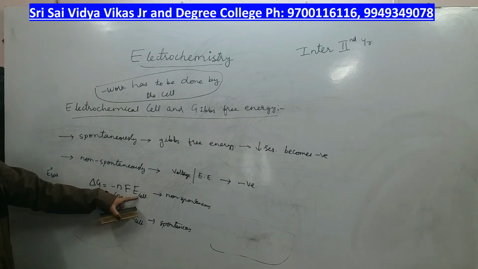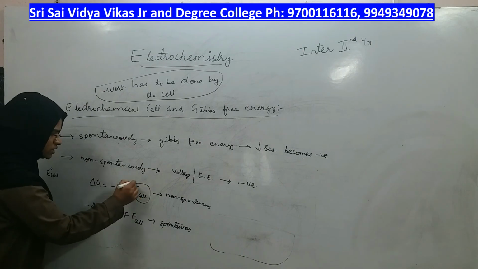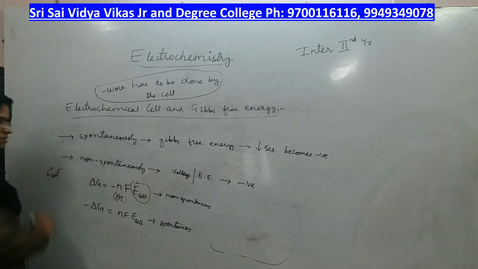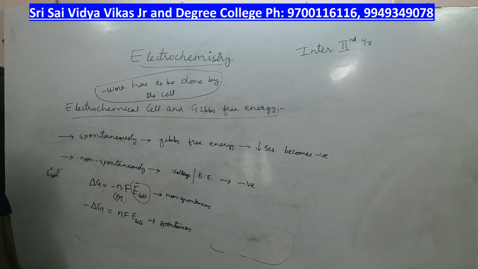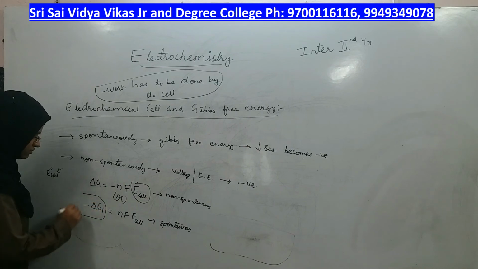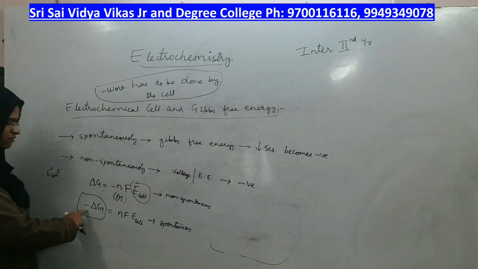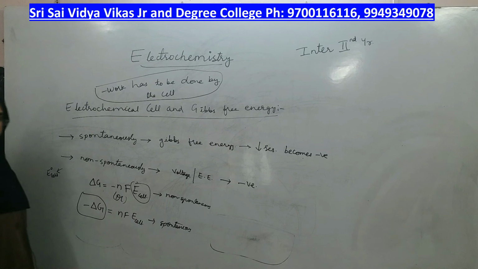You have to understand which formula is the final formula. To get the final formula you need this. How to get this? Use this one, calculate the other and then substitute, right? Or they may give you Gibbs free energy, which is in terms of negative. Simply substitute and you will get the final answer.